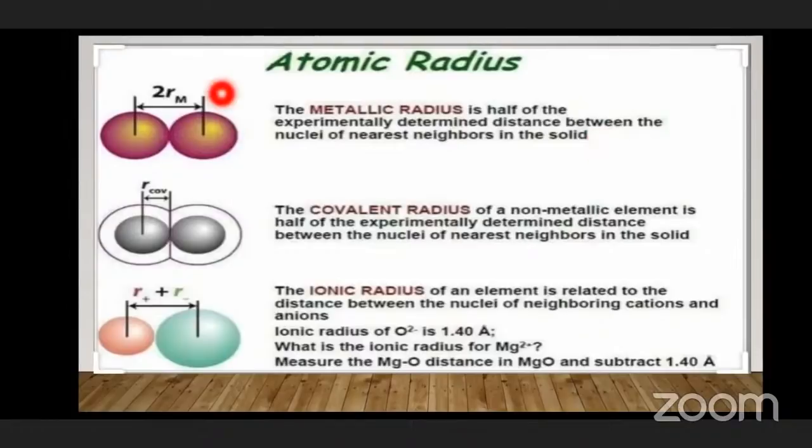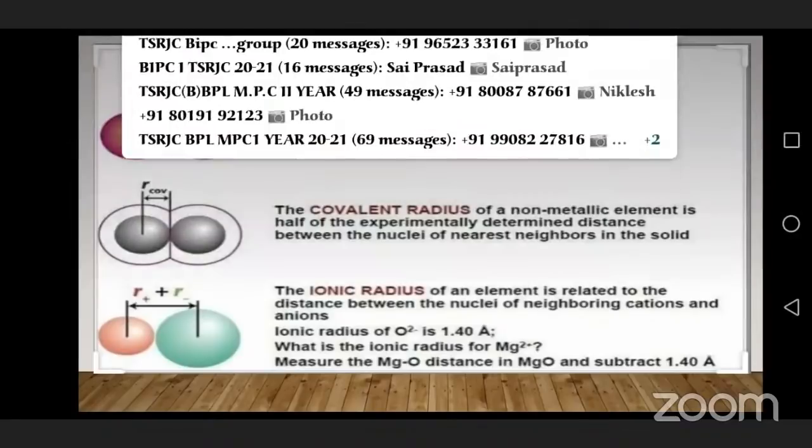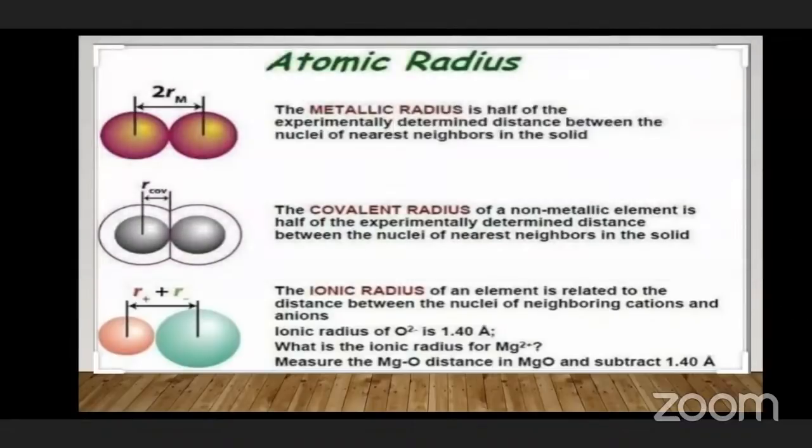If you observe the two diagrams here, two solids are in a bond, that is, in a metallic bond. Okay, two solids are in which bond? Metallic bond itself. If the distance from here to here is r, that means the first radius from here to here is r, and from this nucleus to the outer electron cloud is r. The total distance between these two nuclei can be